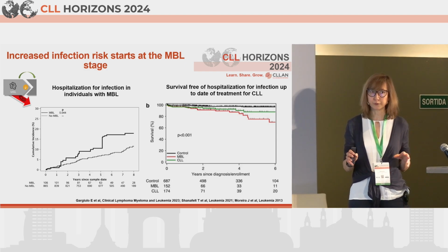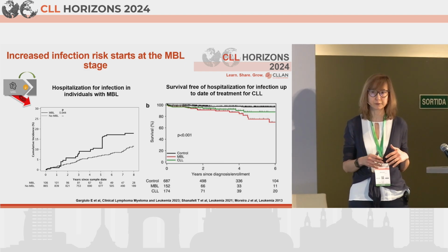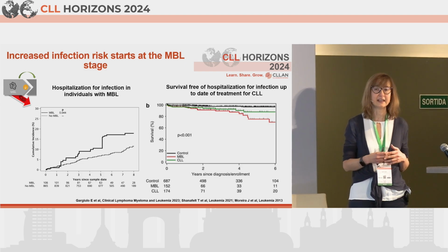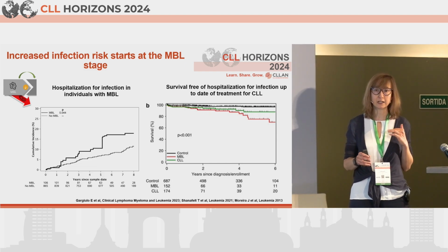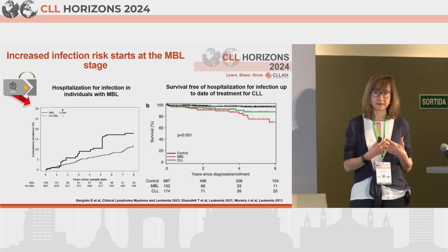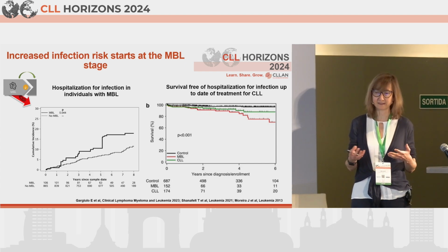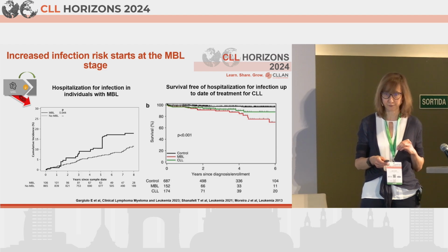So this is just to show you that the increased risk for infection is related with the disease per se, and it's present even at the very low disease level, like the MBL stage. You know that there is, in the vast majority of patients with CLL, a sort of preneoplastic condition defined as monoclonal B-cell lymphocytosis, when you have very low levels of CLL-like B cells in the peripheral blood. And in this condition, where you do not have overt manifestations of the disease, patients are feeling well, they are completely asymptomatic, and it is found during routine workup,